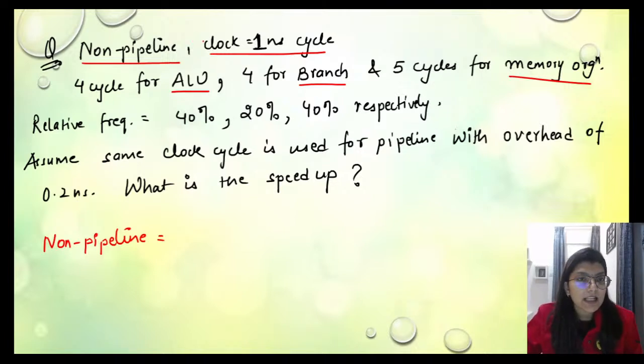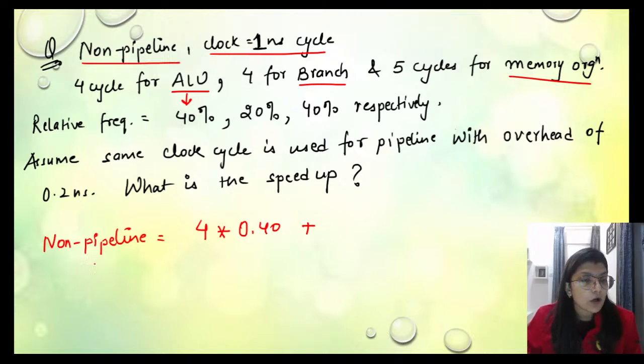बट यहाँ पे ना हमें स्टेजेस दी हुई हैं, ना हमें नंबर ऑफ इंस्ट्रक्शंस दिए हुए हैं, तो हाउ विल वी अप्लाई, हाउ विल वी सॉल्व दिस? सो इन दैट केस व्हाट दे आर गिवन इज दे आर सेइंग 4 cycle for ALU, 4 for branch and 5 for memory organizations with relative frequencies. मतलब कि जो आपकी ALU है, ALU की फ्रीक्वेंसी है 40%, मतलब ALU के ऑपरेशन की फ्रीक्वेंसी 40% है। तो 4 साइकिल्स की फ्रीक्वेंसी क्यों हुई, 4 इंटू 0.40 प्लस 4 फॉर ब्रांच।